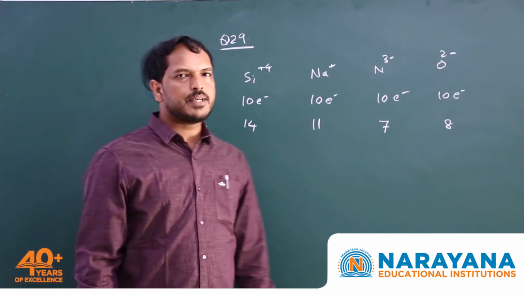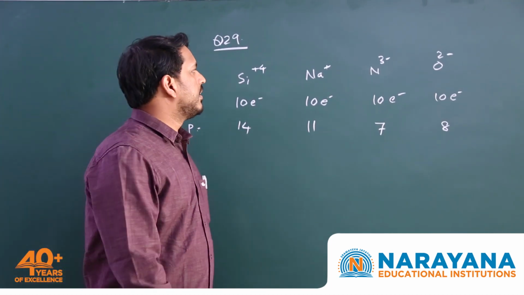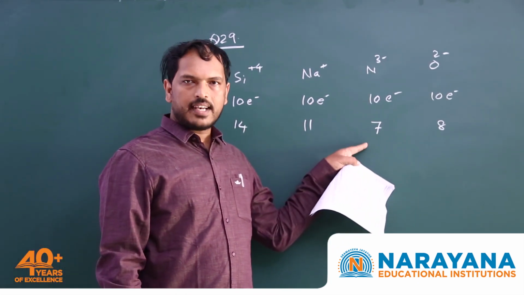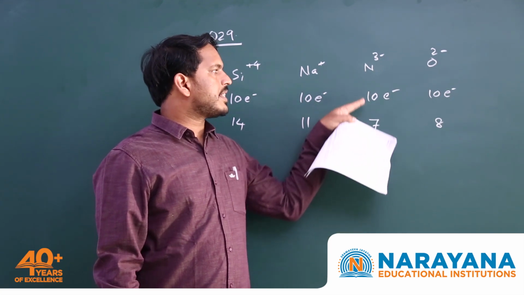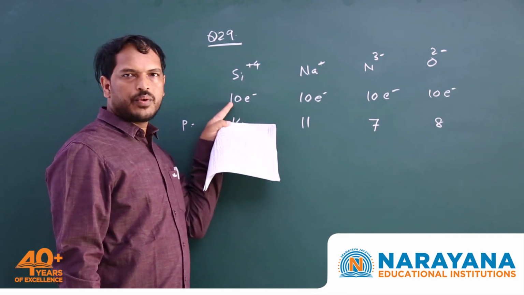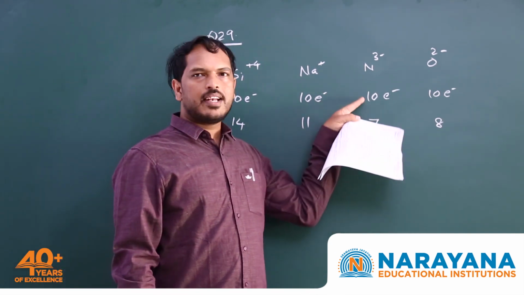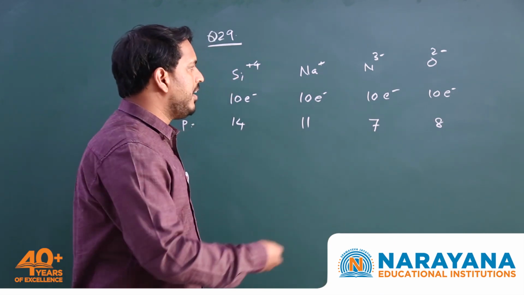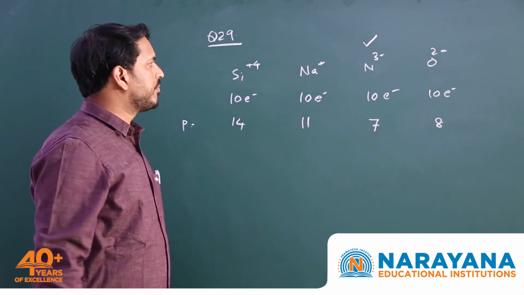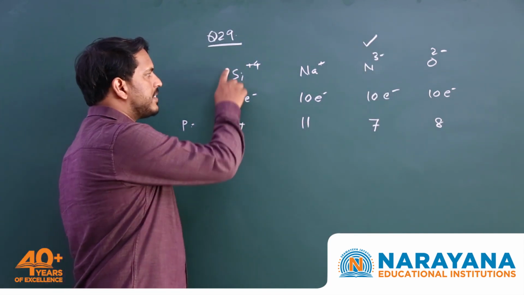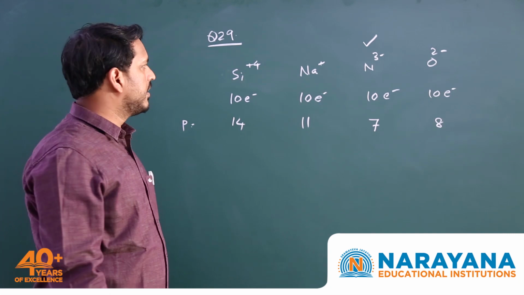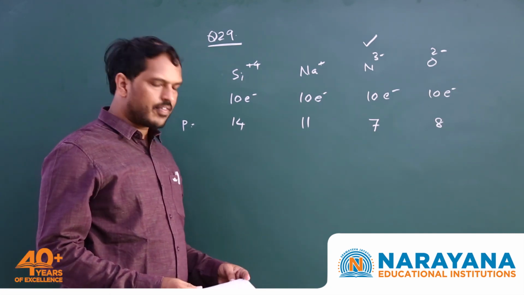So, in isoelectronic species, how to compare the size? The size can be compared based on the number of protons. If the number of protons is less, the Z effective on valence shell will be less compared to when the number of protons is more. If the effective nuclear charge on valence shell is less, it will have more size. Hence, N3- has the largest size. So, Si+4 has the smallest size. Now in the question it is asked which has the largest size. Hence, C will be the correct answer for this question.